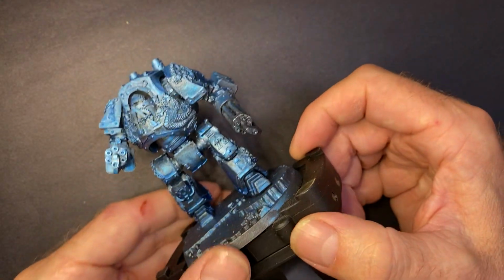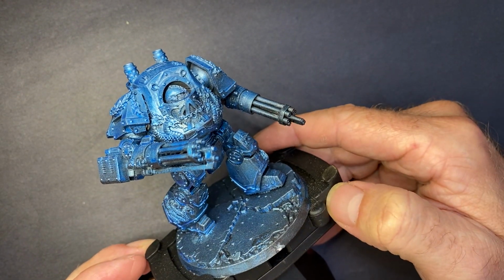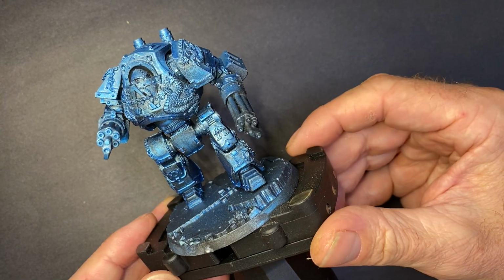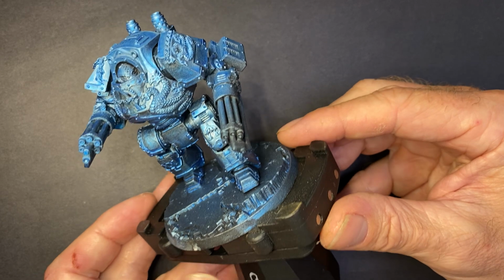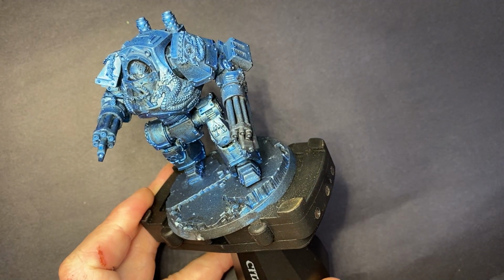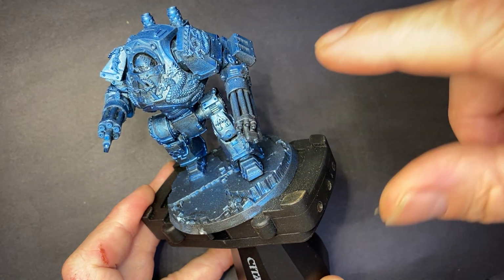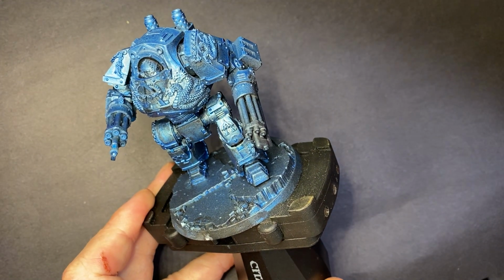So at this stage, I'm going to use this guy because he is an awesome model. Look at that thing, that is sick. But you should see it quite well and see how quick it is once you get the hang of it. At this stage, he's been airbrushed, and this color is essentially the MIG